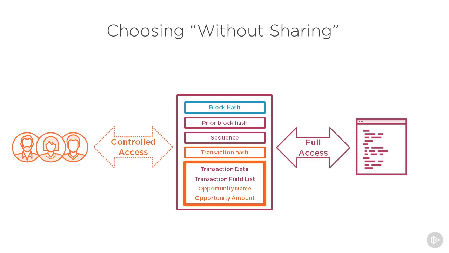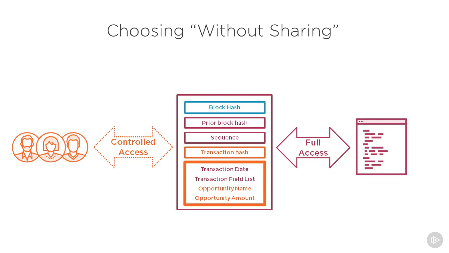We call this delegated security, where the blockchain code has greater permission to access data than the user account invoking the code. Not only are these classes marked as without sharing, they intentionally ignore object and field level security. This won't matter for most situations, but if you decide to implement this approach in a managed package intended for the AppExchange, you'll need to explain and justify this approach to the security review team in order to pass the